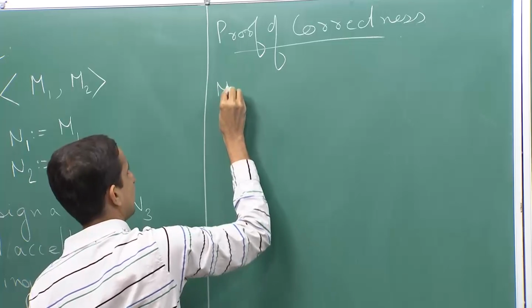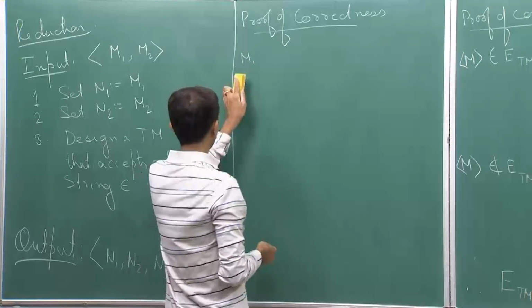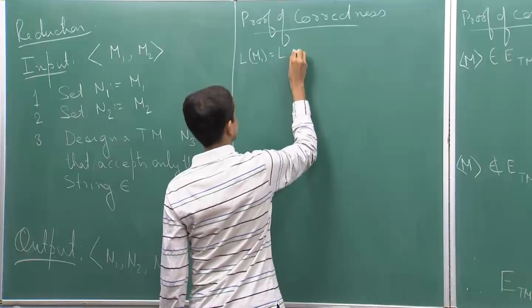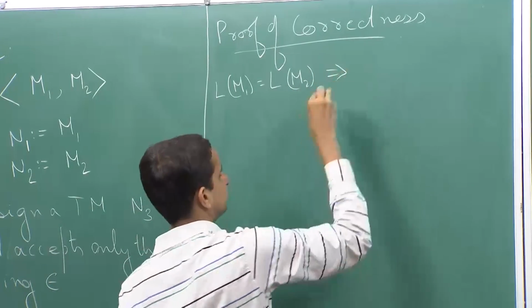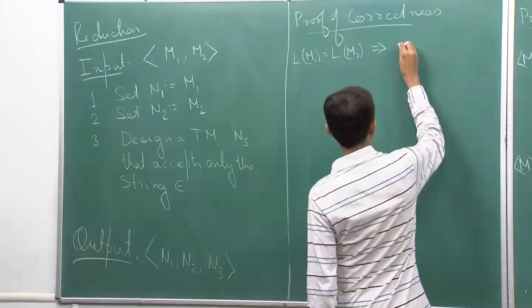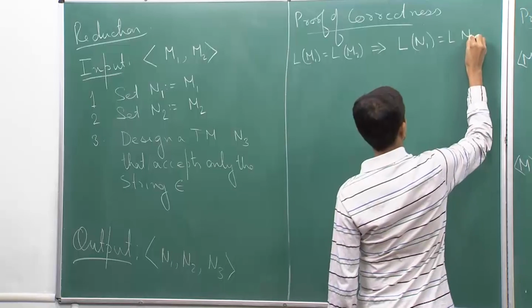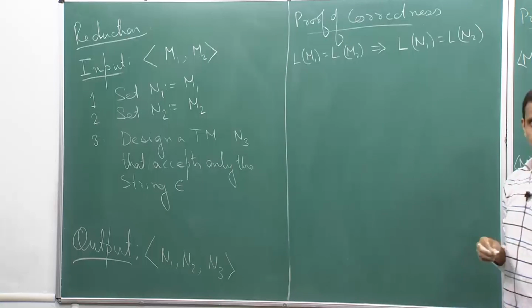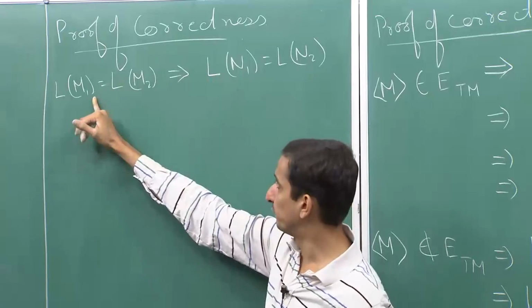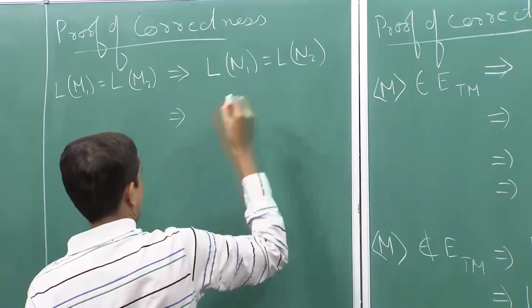So, suppose M1 comma M2 is an instance of EQTM. What does that mean? So, it means that L of M1 equals L of M2. Okay. So, if L of M1 equals L of M2, okay, then what we have is that L of N1 equals L of N2, okay, because N1 is M1 and N2 is M2. Now,